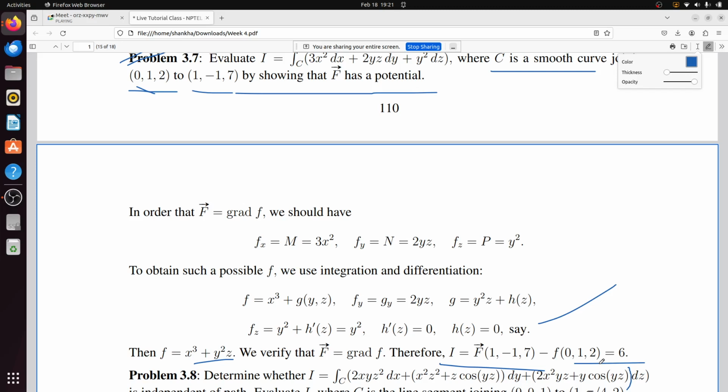So what is the name of this book, sir? This is not book, this is some notes prepared by me. I will upload the note. You will upload this one. Yes, I have already uploaded the last 3 weeks notes, and this is not from any book. This is completely made by me.